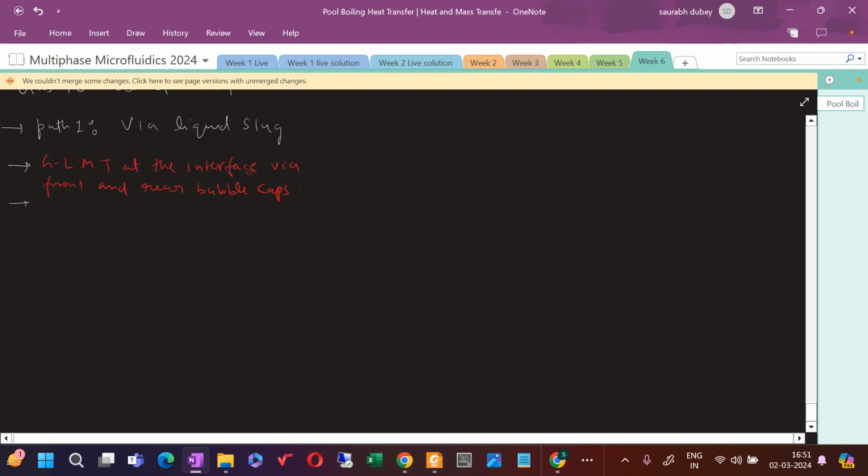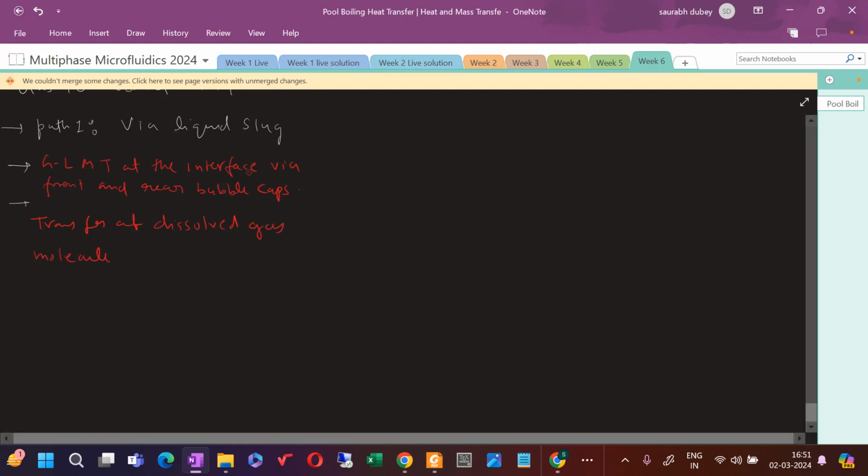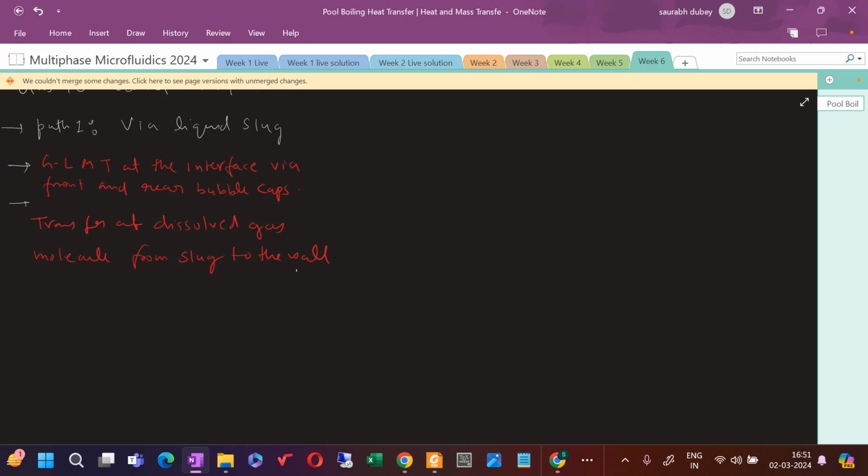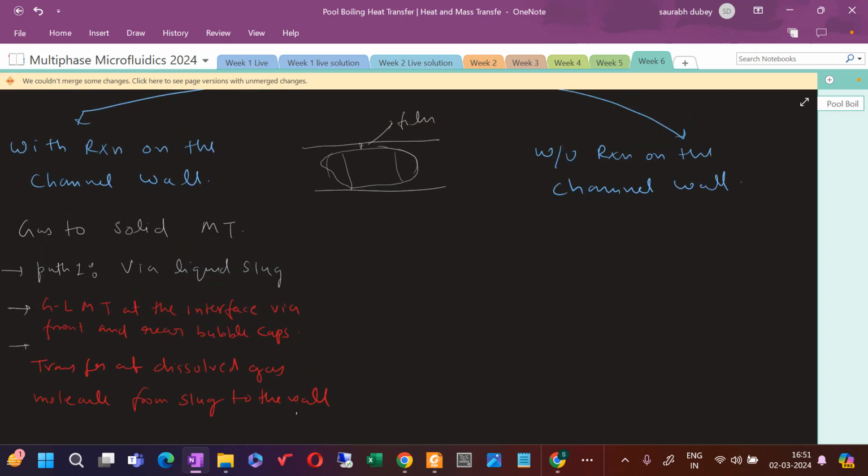Okay, and then transfer of dissolved gas molecule from slug to the wall. Okay, these are the two phenomena that could happen if that is happening via the slug. Okay, and if you want me to extend it up further,